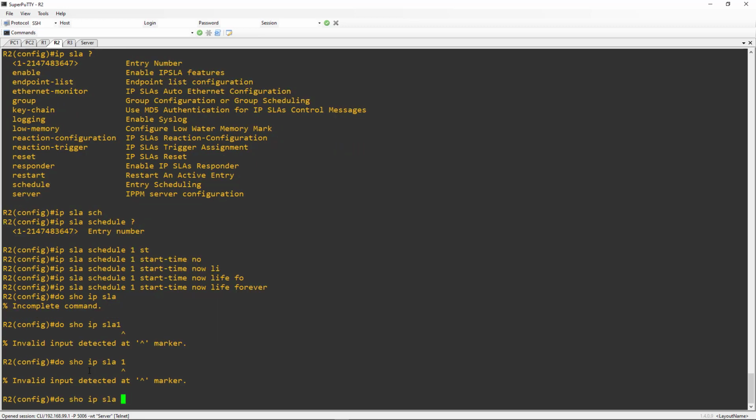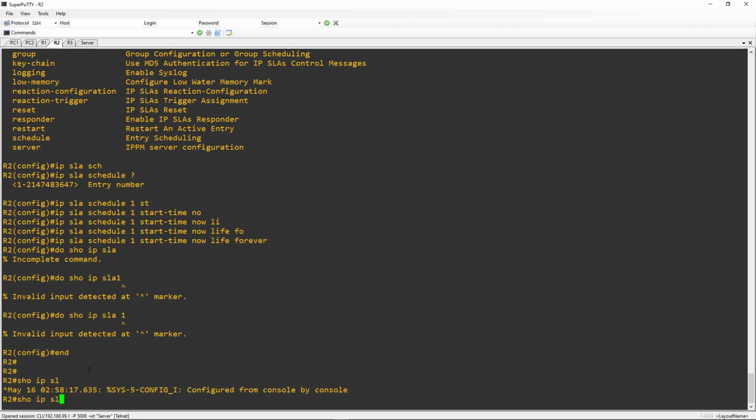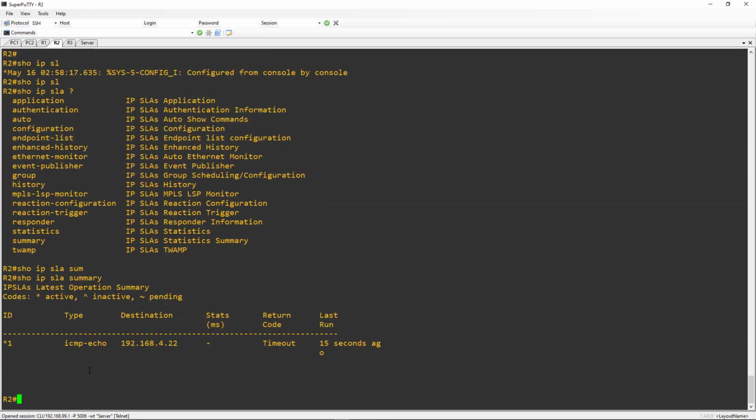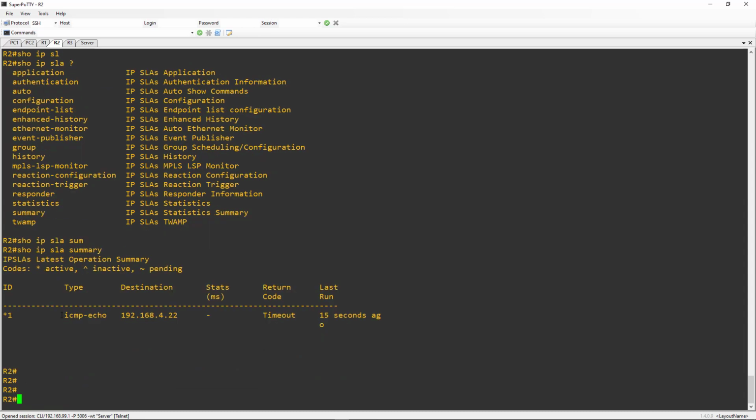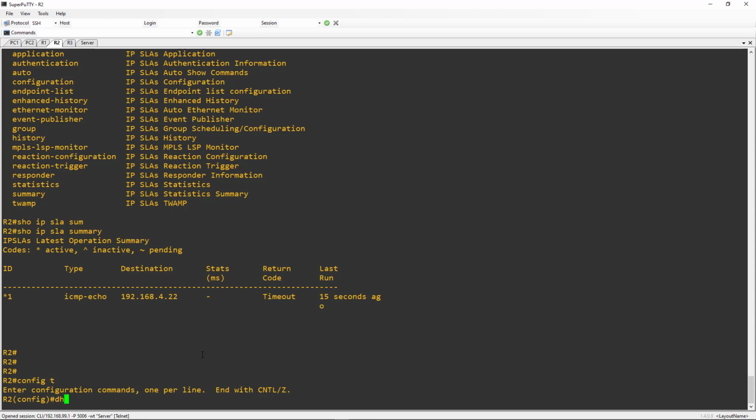Let me do this. Show IPSLA summary, that's what I wanted. All right, so we can see we have an ICMP echo, and it's timing out. Tie this into our HSRP configuration. The next thing I have to do, by the way, if I do a show run section SLA,